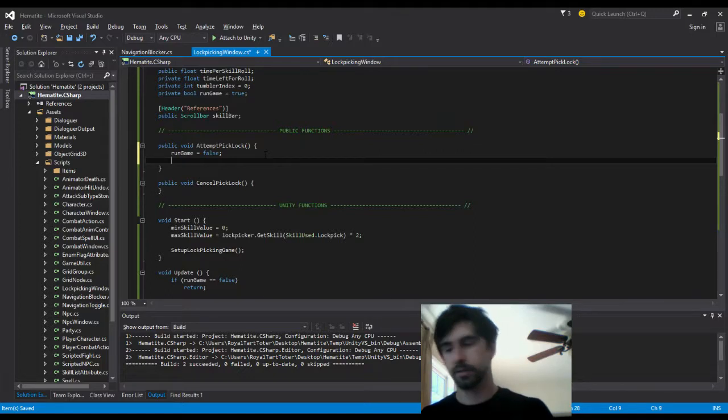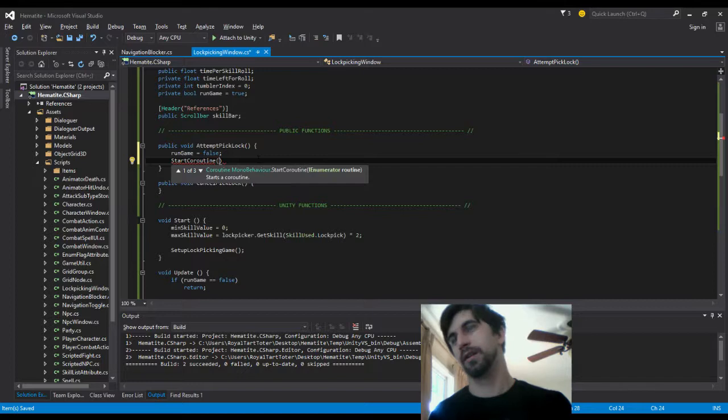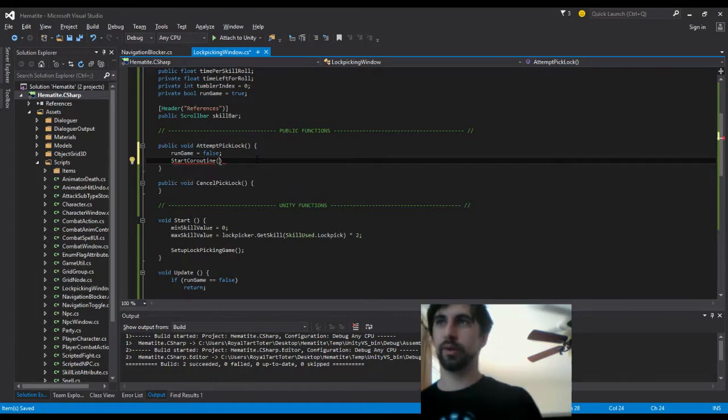We are then going to start a coroutine, because I am a sucker for anything and everything that is a coroutine. I don't know why. Don't ask. I don't know why. I just love coroutines. Alright, so coroutine of what? Well, we need to